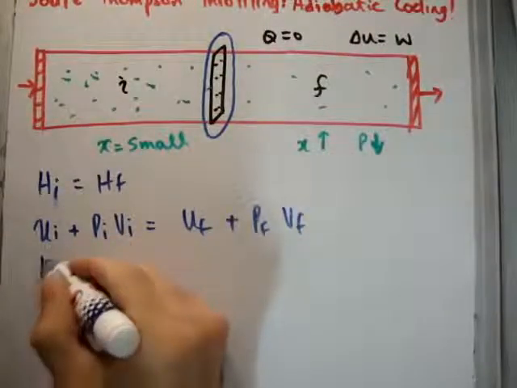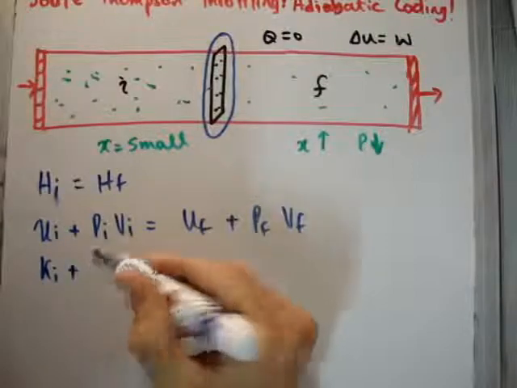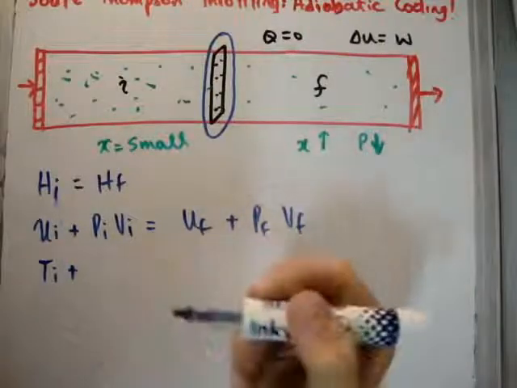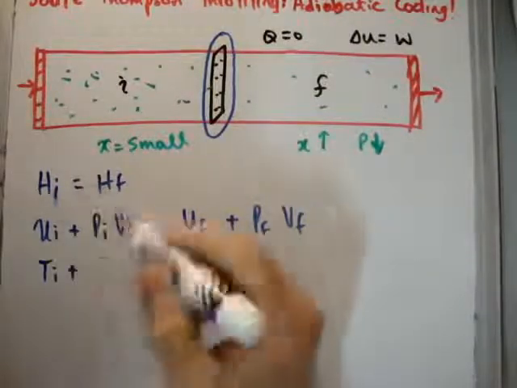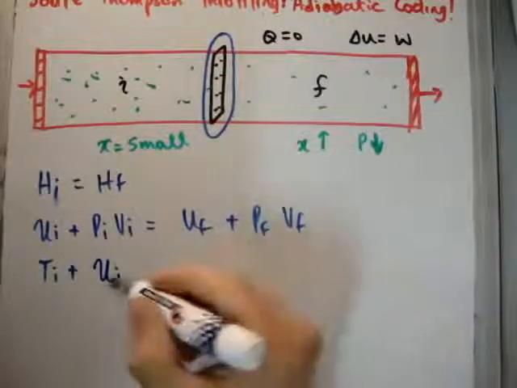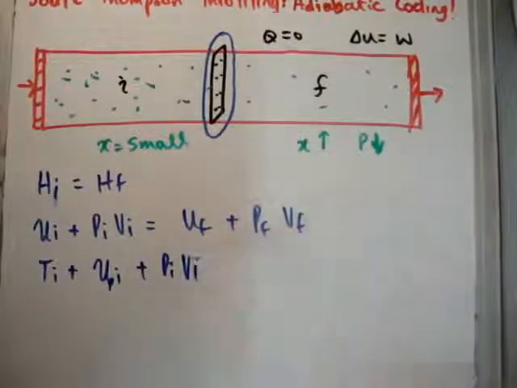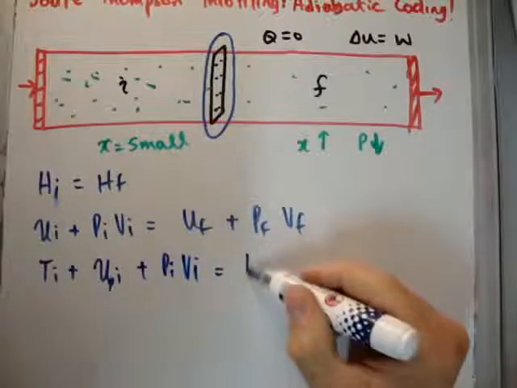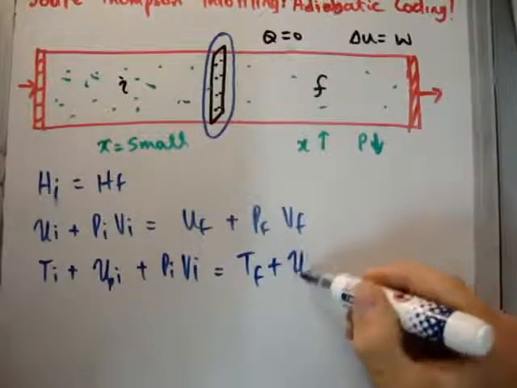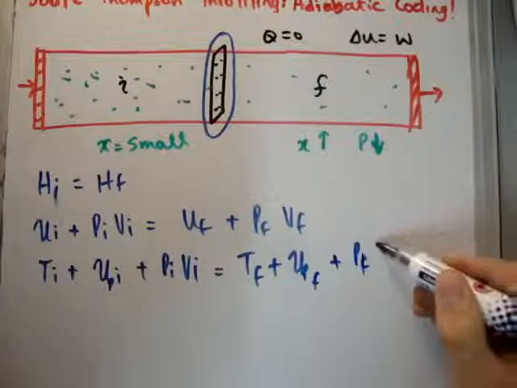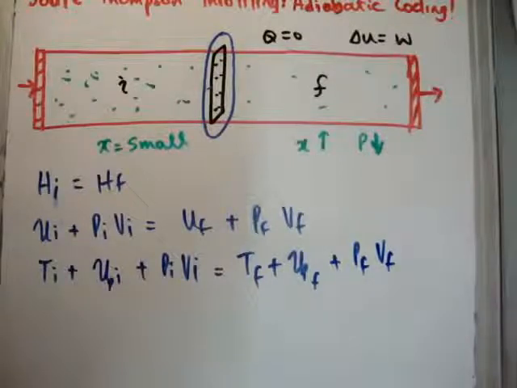So we have the kinetic energy associated with the initial, which we'll call T, plus the potential energy, which is usually U. I'm going to call the potential energy U still for argument's sake, so say UP, and we're still going to have PI, VI. I'm hoping that the notation isn't going to confuse you. Then we have the kinetic energy final plus the potential energy final plus the final pressure multiplied by the final volume. So what we're really looking to do is analyze how the kinetic energy somehow gets